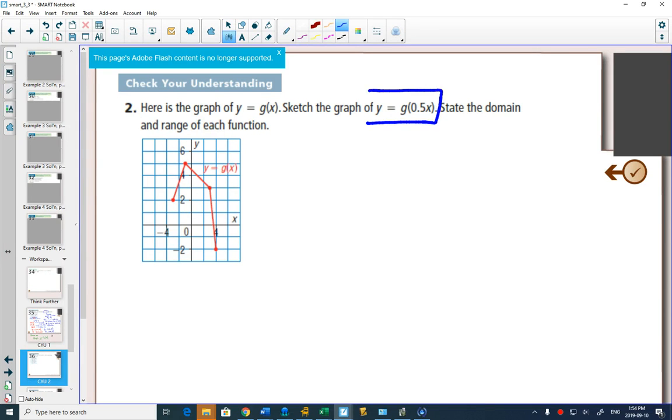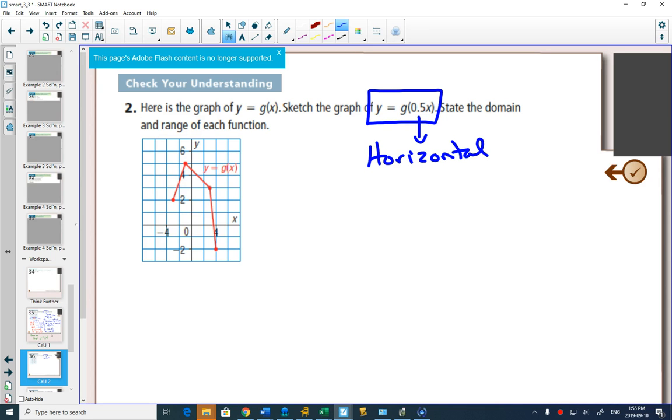In example 2, again, it's in function notation. However, this time when we look at that graph, it's just a bunch of lines put together. We have no idea what that original equation was. We want to graph y equals g of 0.5x. That 0.5x is inside the function. So right away,